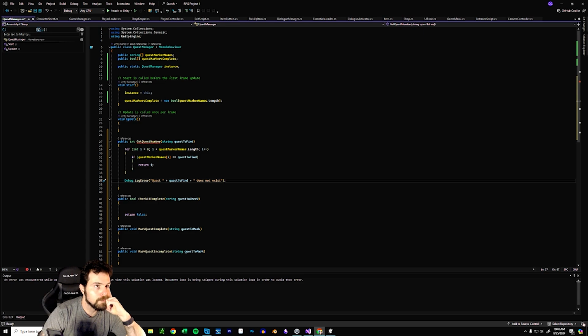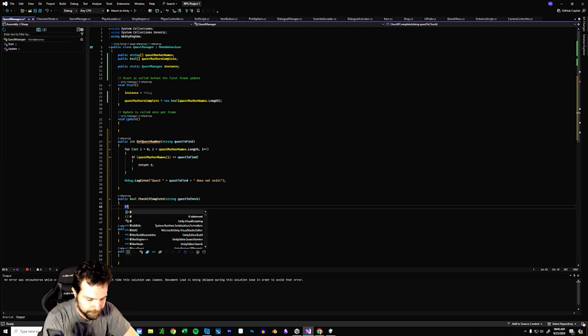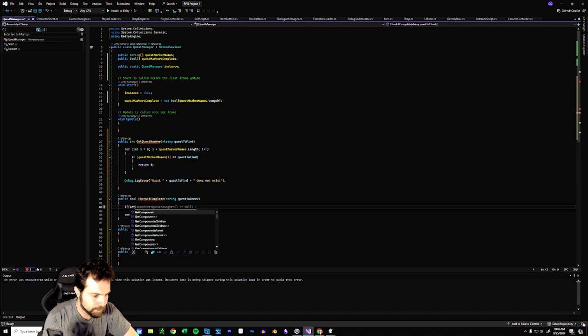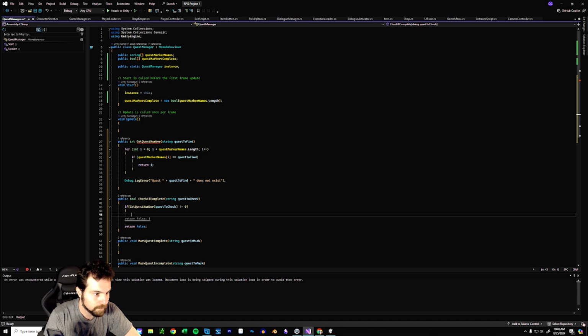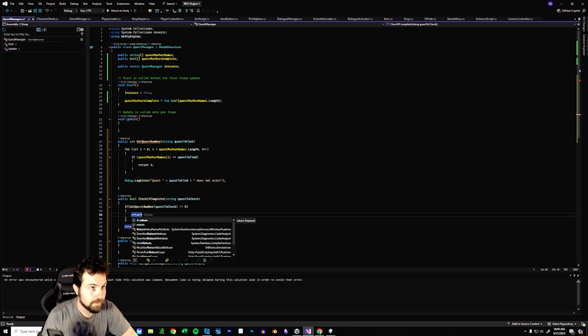So, with that in mind, what we can do is, when we're checking if something is completed, we can say if the GetQuestNumber, so the function we just created, based on whatever our questToCheck is, if that is not equal to 0, well, that means we've found the correct number, because if it is equal to 0, that means we haven't found a valid quest. So if it is not equal to that, then we can check the value of it. So we can say return questMarkersComplete at position